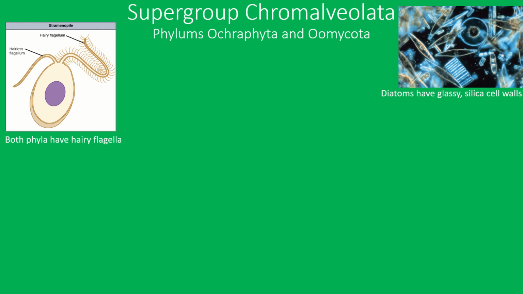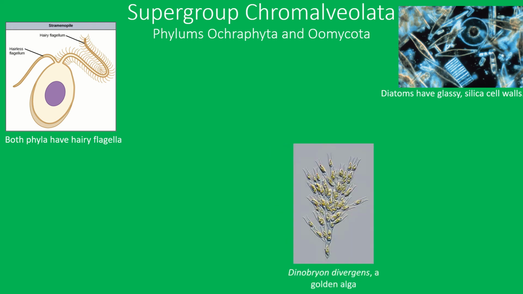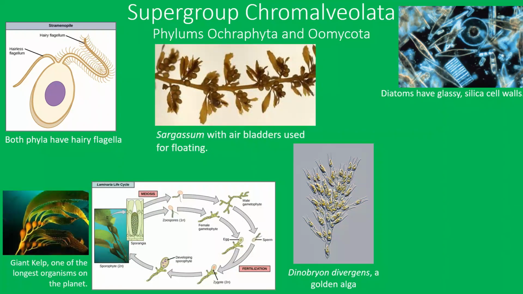Diatoms can create blooms during times of high nutrient availability, and like rhizarians, they are a big part of carbon capture in our oceans. Golden algae are unicellular but can form colonies. The gold pigments come from carotenoids, which give off a yellow to orange color. Brown algae are marine multicellular algae that are pretty much known as seaweeds. Giant kelp is an example and one of the longest organisms on the planet, growing at a rate of 10 feet per day. This species is being reviewed as a possible food source since it grows so quickly. Like many other algae, brown algae undergo alternation of generations.